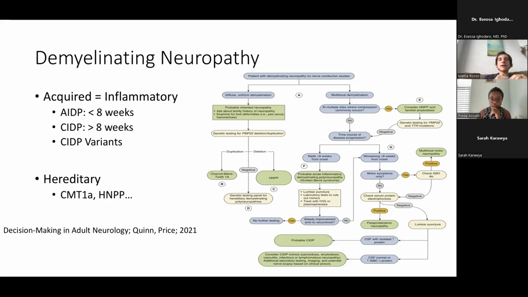Now, a couple of tests that we could do that I think Sarah was pointing out. One is nerve conduction studies. In some centers, you may be able to do them acutely. I'd say that usually the way I deal with patients with GBS is doing the LP as soon as possible, doing the LP stat, essentially. The LP will tell us whether we have a specific finding, which is, I don't know if anyone wants to try to say what we would expect on an LP of a patient with GBS.